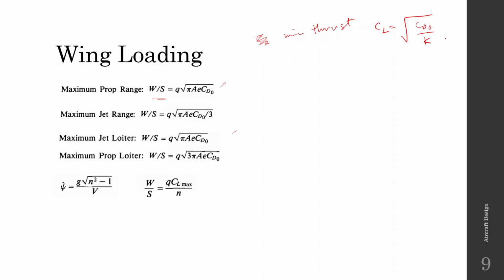Then K is equal to 1 by pi into aspect ratio into E. So the CL is equal to CD naught pi AR into E. Now you can write that